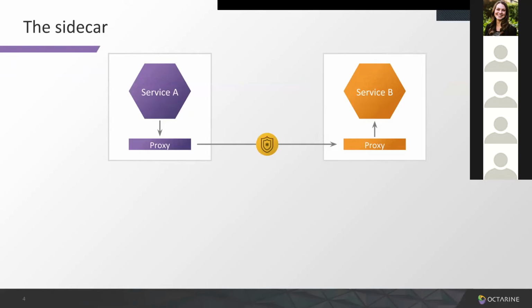Obviously, all the communication between the sidecar or the proxy and any control plane, whether it's the control plane handling telemetry or the control plane providing access control rules, has to be secure, which means it has to be encrypted and authenticated.